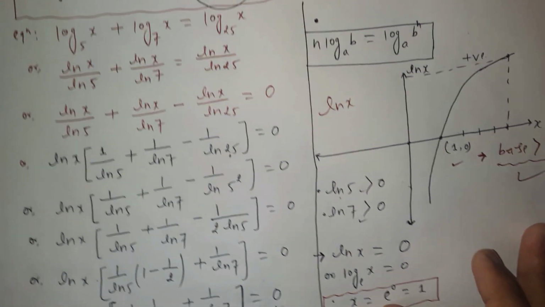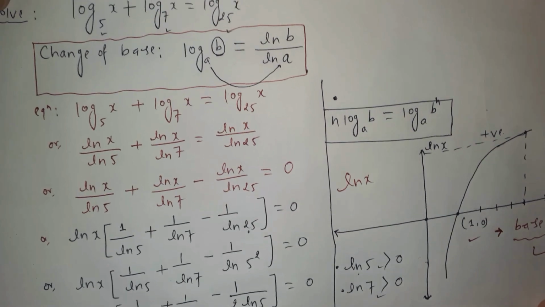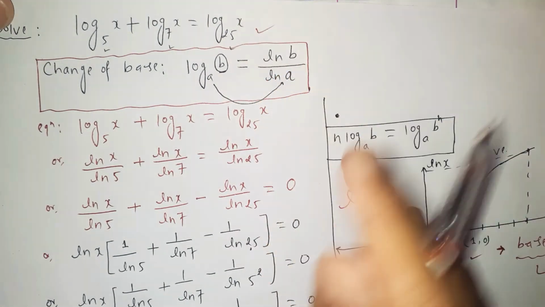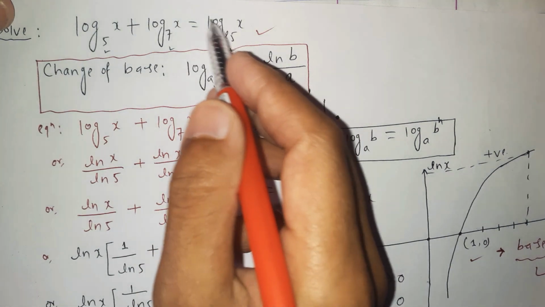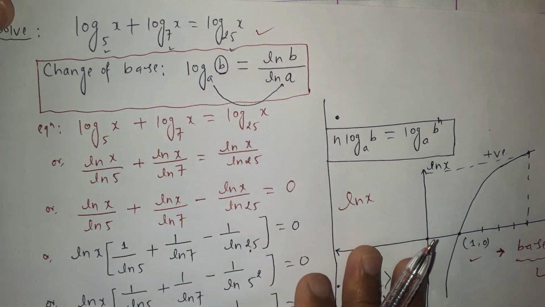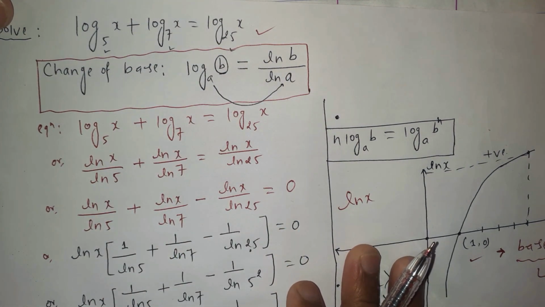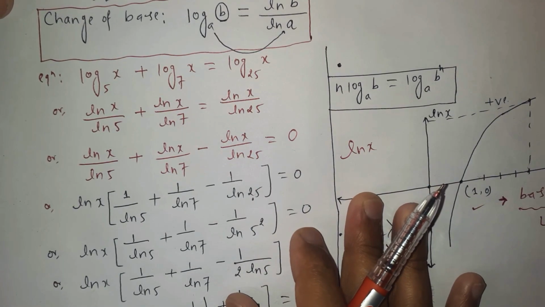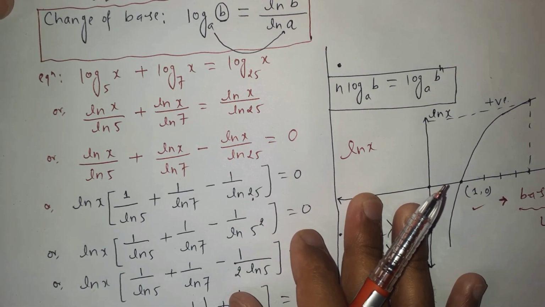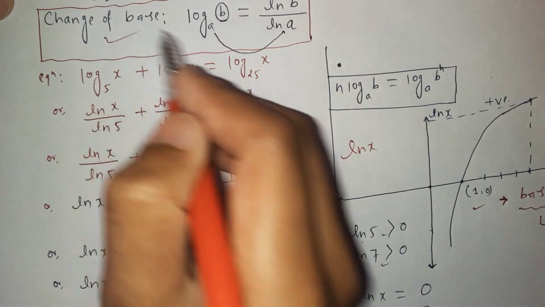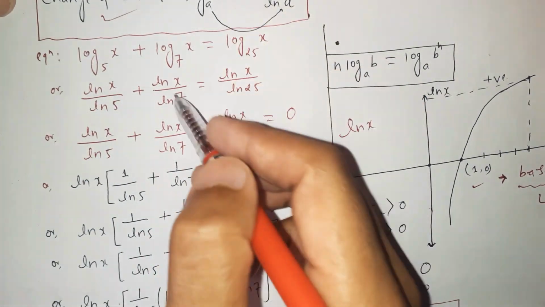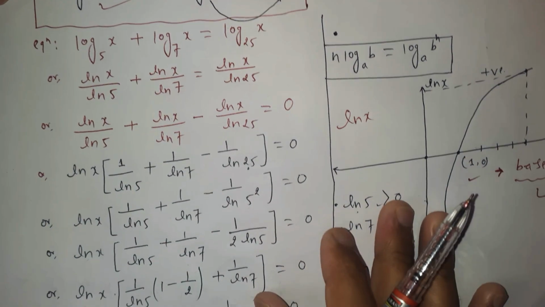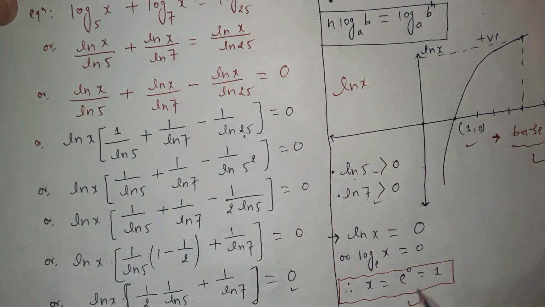Here we finally solve this particular problem, which is totally based on the logarithm with different bases. Here we can change the different bases into the base as we wish. We can change the given base into any base, and the base changing formula is this way. Then we apply this concept, and we finally have got the value of x as 1.